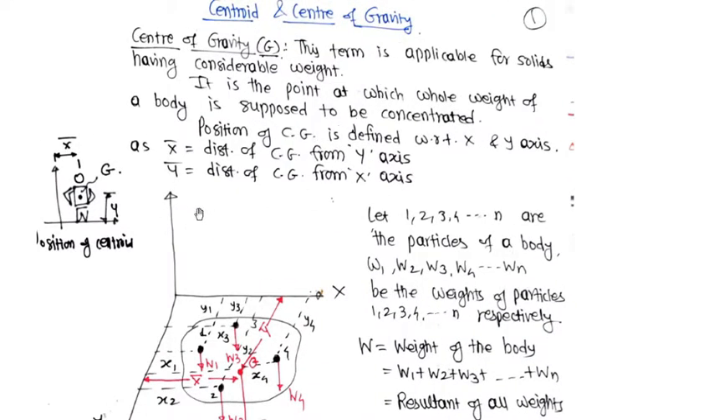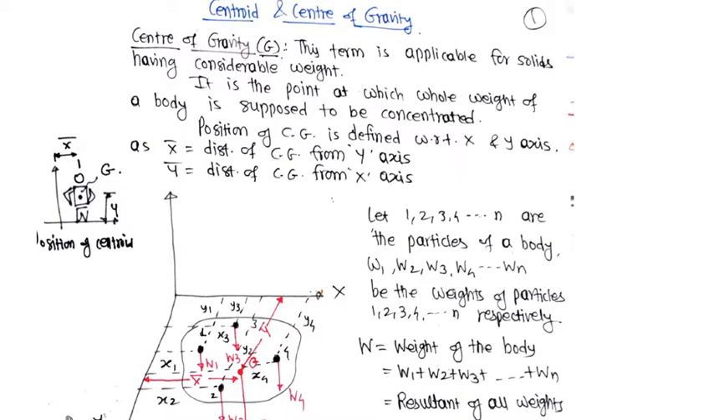So, friends, center of gravity, this term is denoted by letter G, and this term is applicable for solids having considerable weight. So, if a body is having considerable weight, then with reference to that body, this term is used, center of gravity. Gravity means a force exerted by earth on a body, and because of this force, weight acts in downward direction. So, center of gravity is nothing but center of weight,